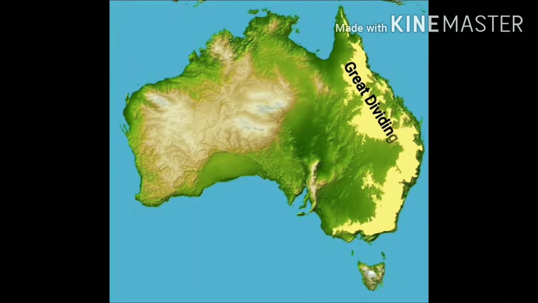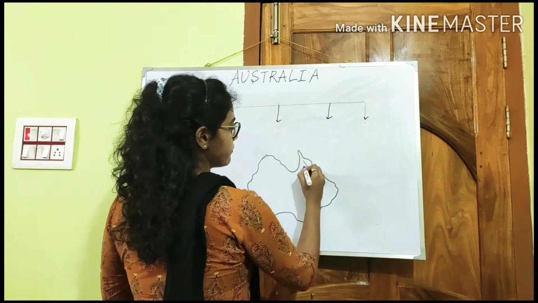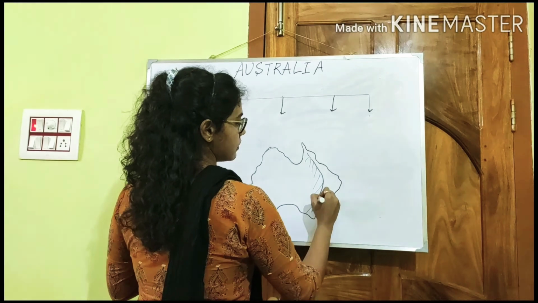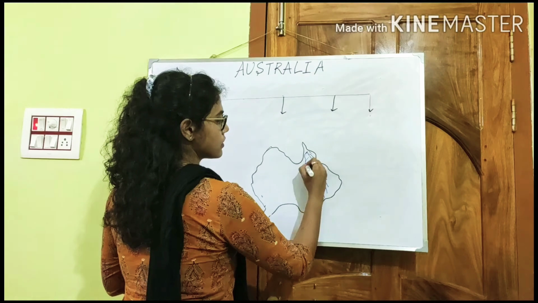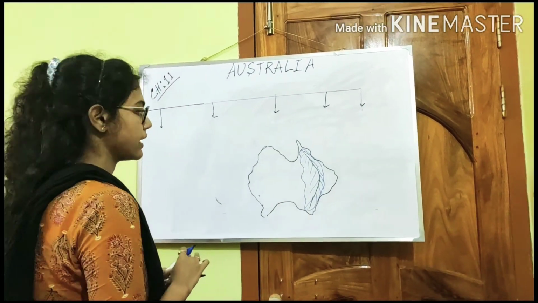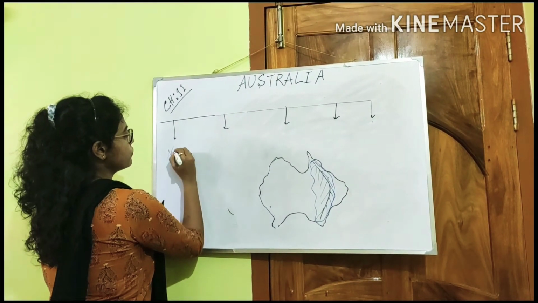The yellow part of Australia on the east side, the full yellow part, is known as the Great Dividing Range and also known as the Eastern Highlands. This is made up of hills, mountain ranges, and the Great Dividing Range is made up of some other divisions. So this part is totally the Eastern Highland, and the Eastern Highland is made up of the New England Plateau,